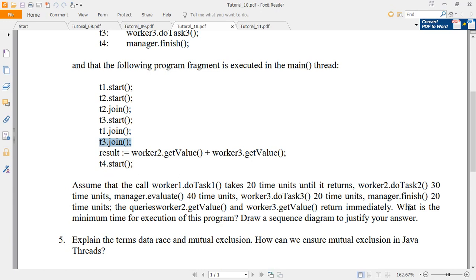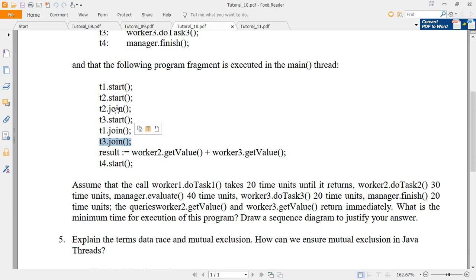That means there is no concurrent execution with T4, but T1 and T2 have concurrent execution, and T3 and T1 have concurrent execution. Once T1 is over, then T3 is also joined into the main method. So here overlapped, or concurrent, thread executions were there.